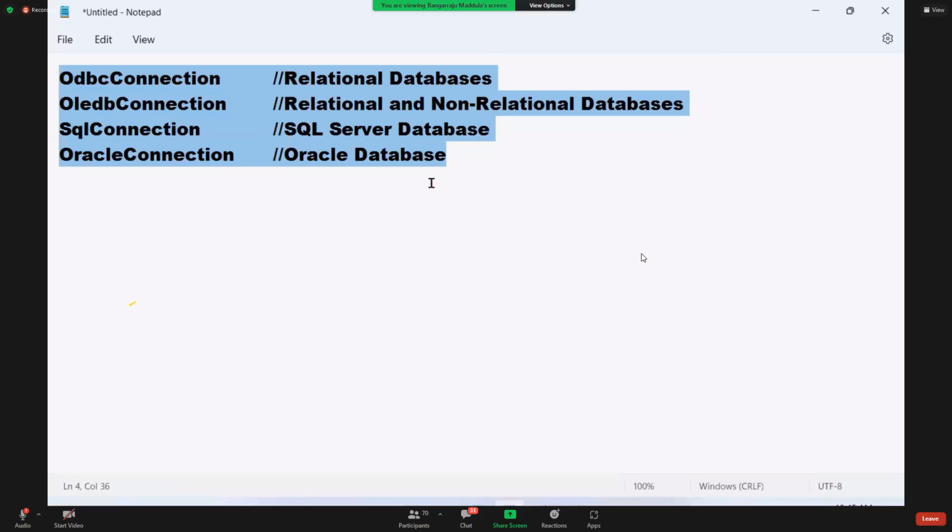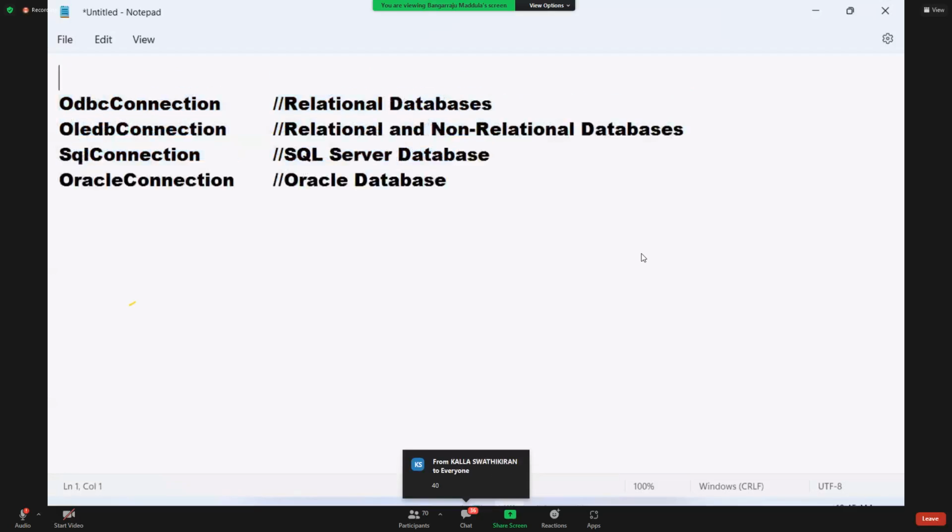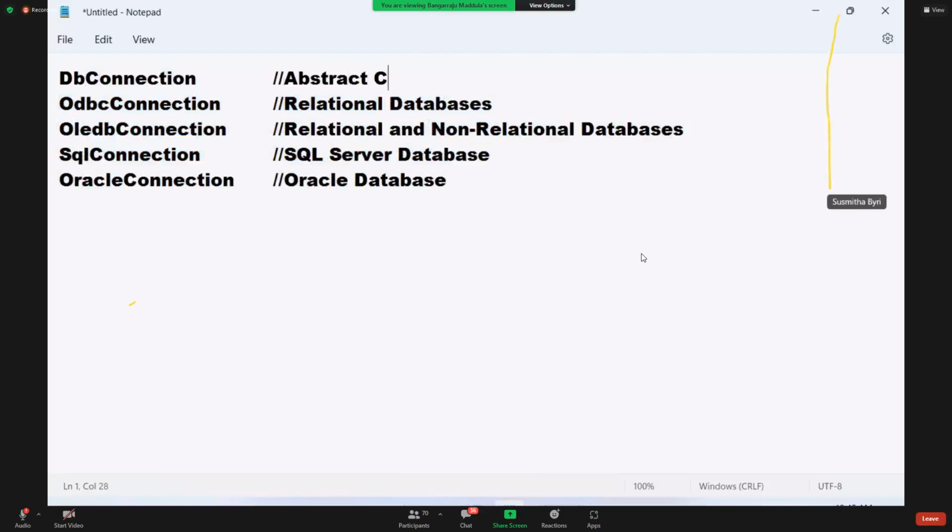So now you are required to remember 40 members, not 160. If I remember 40 members, that is enough. So how did they define it? First, they defined a class called DB connection, and remember, this is an abstract class. Understood or not? After defining the class called DB connection, now